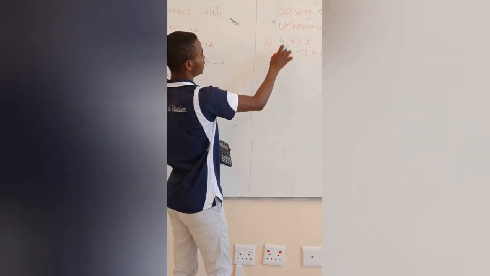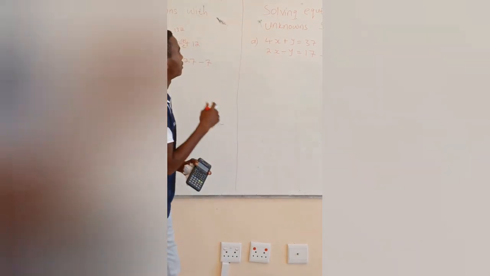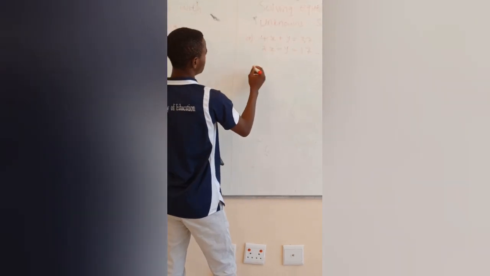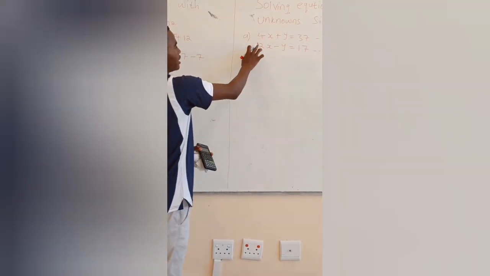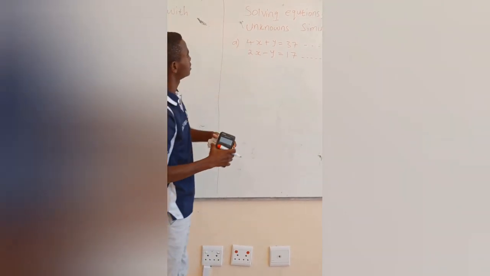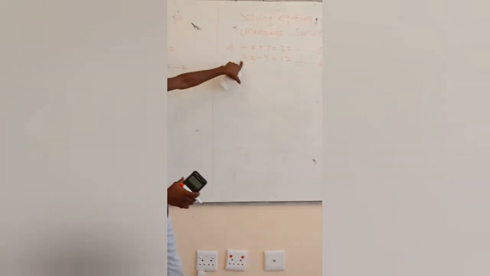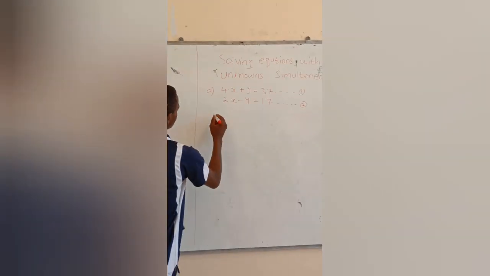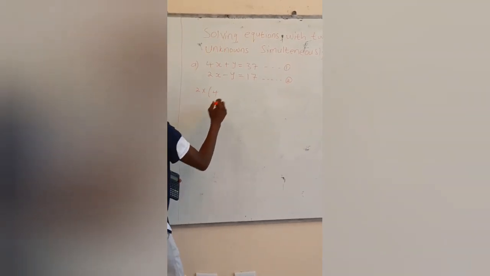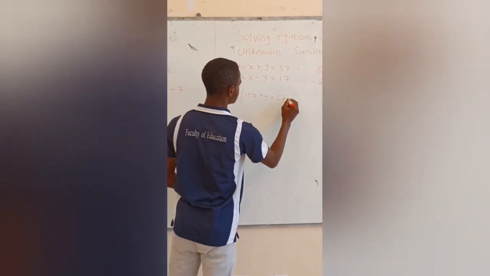Okay, here we have 4, here we have 2. You have to make sure that 4 and 2 have the same number. So here what you have to do is you take the other number and multiply it to the equation. The first number on equation 1, you multiply it with the first number on equation 2. You take 2, you multiply it with 4x plus y is equal to 37, and you close